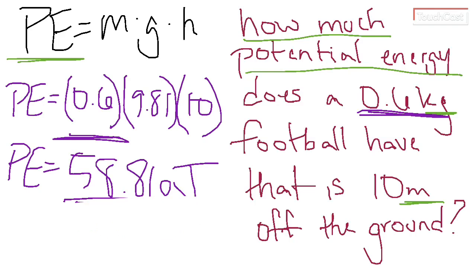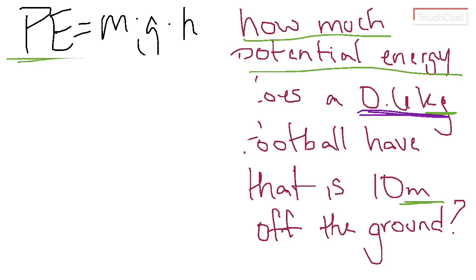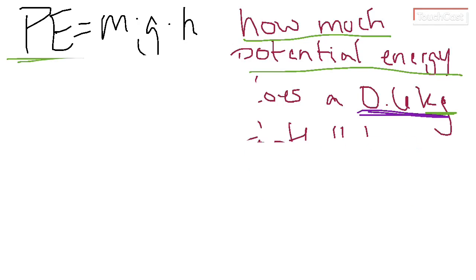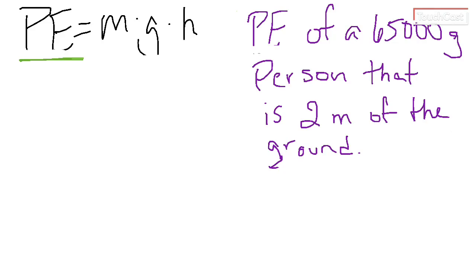Okay, so I'm going to go ahead and do one more practice problem with you. And this time I'm going to make sure we have to convert units just to make it one more step further. Okay, so I have my new question written. And it says, we're looking for the potential energy of a 65,000 gram person that is 2 meters